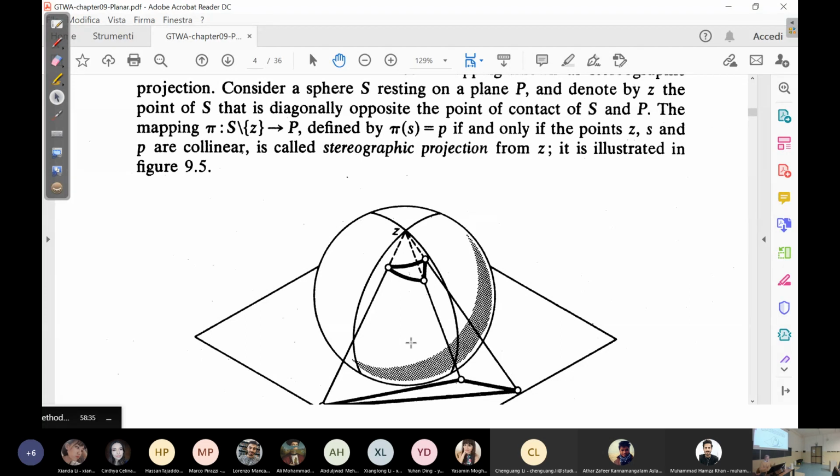A ball on a table, but an infinite table, actually a plane, not just a piece of plane, okay? And then place it with the South Pole on the table and take the North Pole, okay? From the North Pole, draw half lines, okay? Half lines which cut